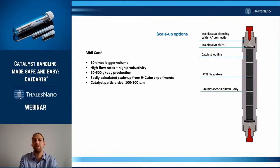Alright, our scale-up options for the CatCarts. Firstly, the MIDI cart. MIDI carts are made for the H-Cube MIDI reactor, but can also be used in the Phoenix flow reactor combined with the H-Cube Pro, or just in standalone mode. The difference between the H-Cube type cartridges and the MIDI cart is that this is much bigger. The inner volume of the MIDI cart is 10 times bigger than the bigger H-Cube type cartridge, the 70 by